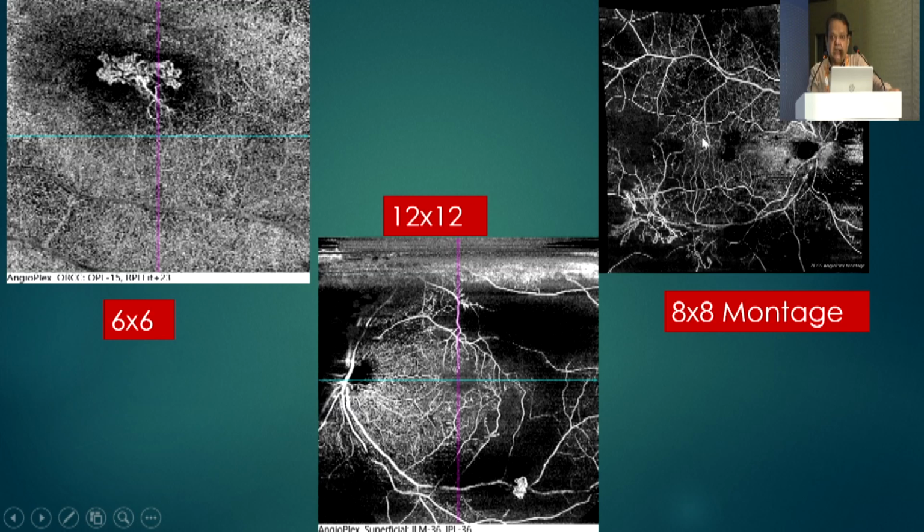And since it's a montage, you have to take 5 pictures at a time, so the acquisition time increases. You can do a 12 into 12 scan, which will give an area similar to an 8 into 8 montage. And if you have a PLEX Elite 12 into 12 montage, then you can get a 16 into 16 scan, which covers